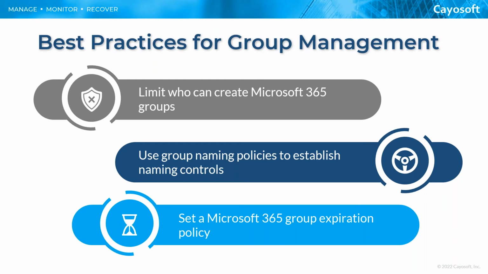Now, another thing that you can do to rein in group proliferation is to put some group naming policies in place. Now, group naming policies aren't going to do anything by themselves to stop group proliferation from happening, because they don't do anything to inhibit groups from being created. What they do, however, is they put some controls in the way that groups are named. So that way, if a group is created and then a couple years later, everybody's trying to figure out what that group does and if it's still needed, the way that that group is named can help provide some clues as to what that group does.